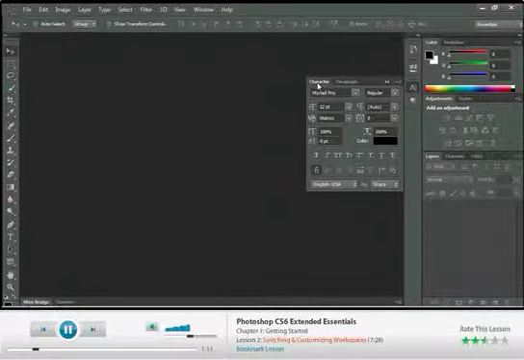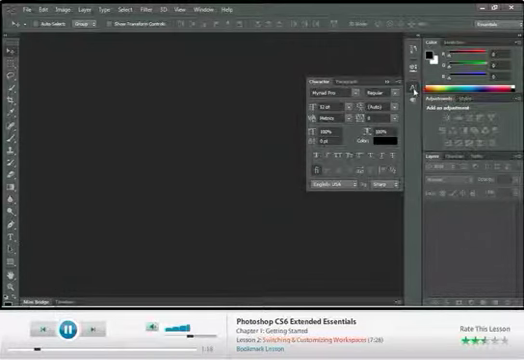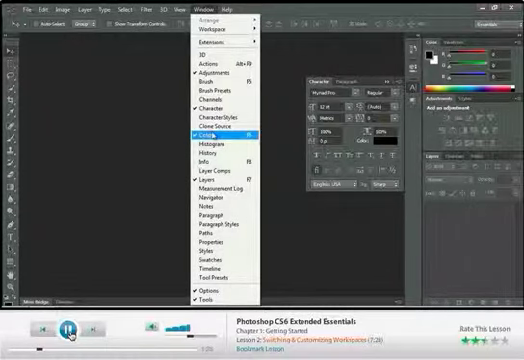We can click on the word character just like we did previously to collapse it, or when it's open in active view, we can choose window and select character to remove the check mark, and it